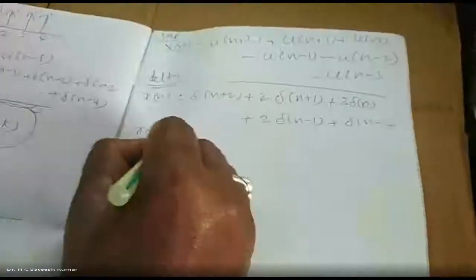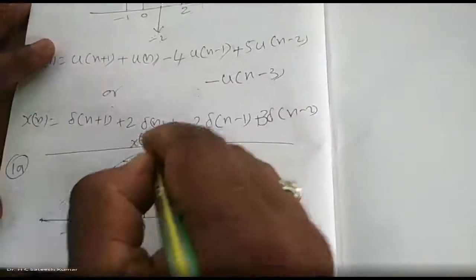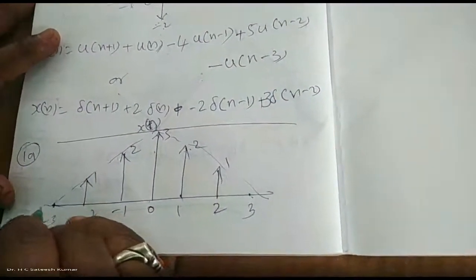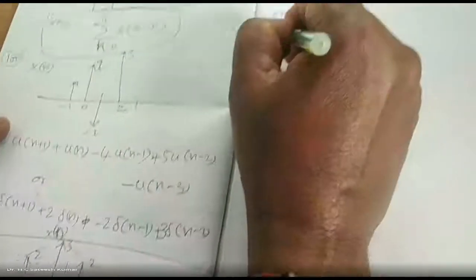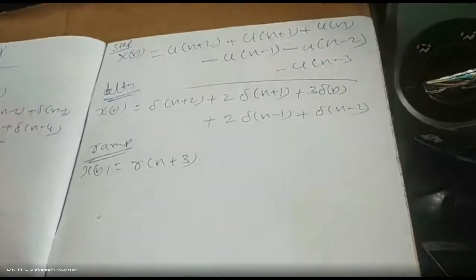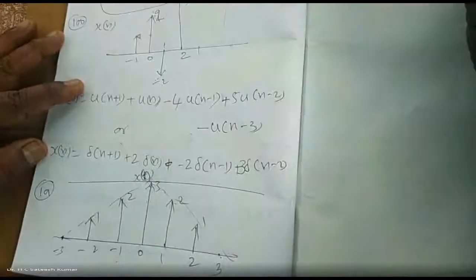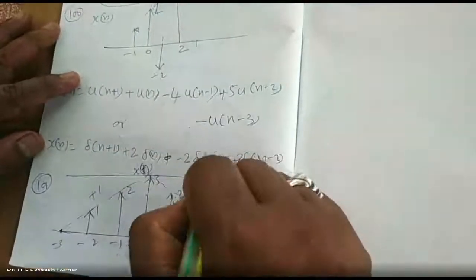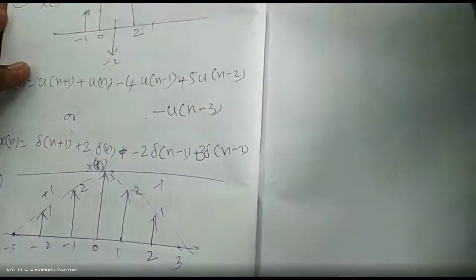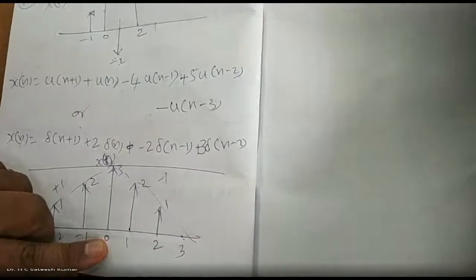Ramp. Next, we shall go for the ramp function. This looks like a ramp only, right? This is one ramp, this is one ramp. So starting from where? -3. Even though the signal is not there, the ramp starts from -3. So x of n is equal to the ramp signal from -3, which is r of n plus 3, with a slope of 1, 3 divided by 3, increasing. Now you cut the ramp at 0. This slope is +1, this slope is -1. If you want to get from +1 to -1, what should you do? -2 times r of n, from 0.